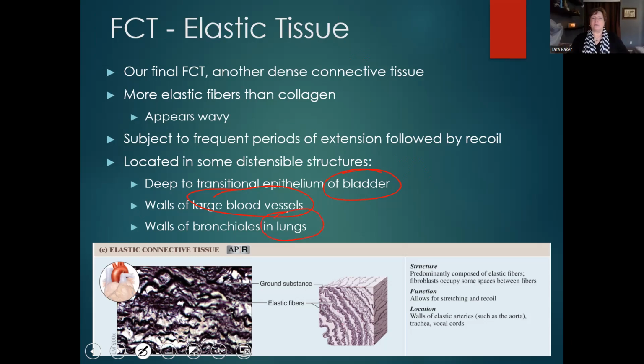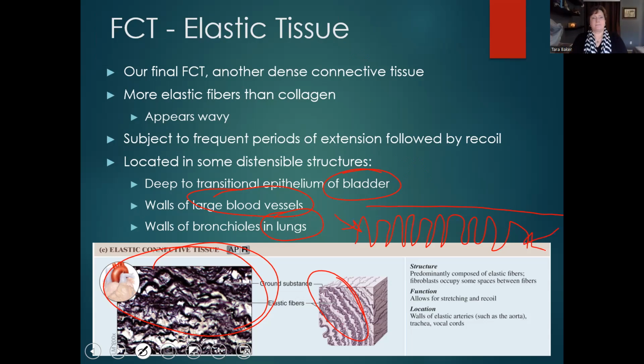Every time you take a breath, your lungs expand. And then when you breathe out, your lungs decrease. You want them to go back to their original position. So elastic tissue, if we look at it here, usually has elastic fibers. It always has elastic fibers. But if you look at the elastic fibers, they look like this. And what that means is it's going to be able to stretch out straight and then boing, go back to